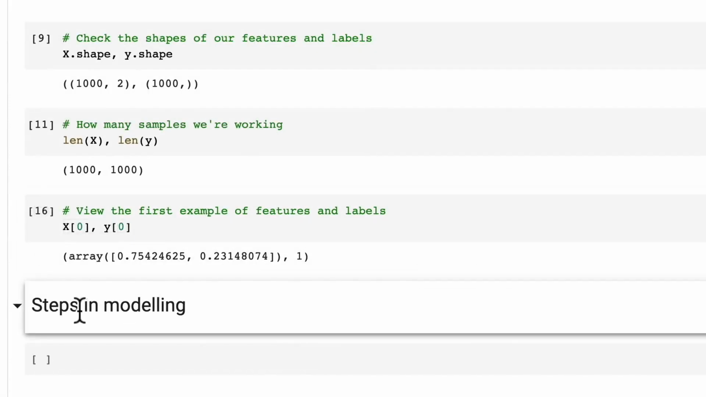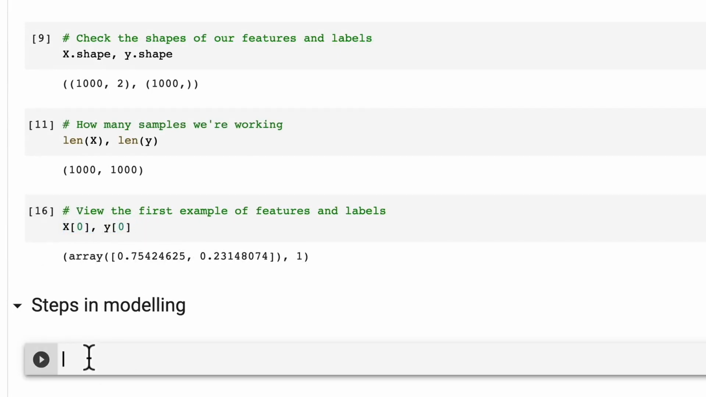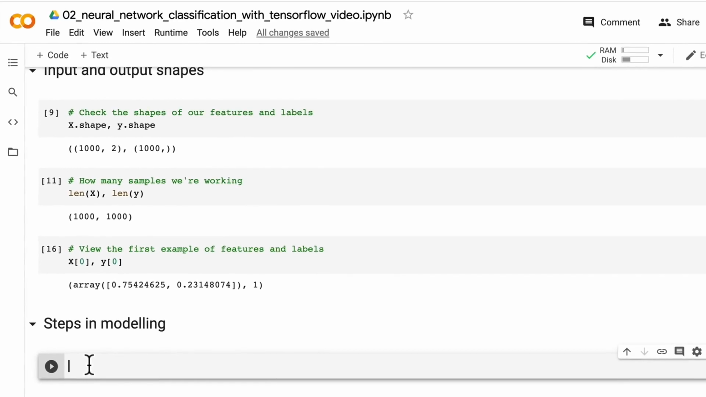I'm going to issue another challenge. We've got X and Y. See if you can create a model with what we've learned so far. Refer back to the slide where we talked about the architecture of a classification model and write some neural network code with TensorFlow. Give it a go, and I'll come back in the next video and we'll write a neural